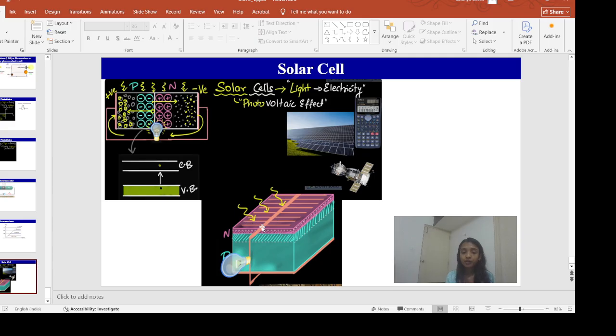So if we can make this metal contact like this finger-like structure, then across this metal contact you place a bulb. So what is the advantage of having this finger-like metal structure? You have enough gap over here between each finger, so that the light can fall directly on the semiconductor, and these metal contacts will ensure enough number of electrons can flow through the circuit and your bulb can glow.